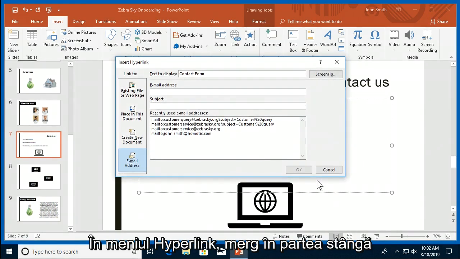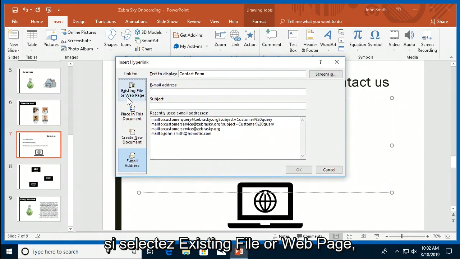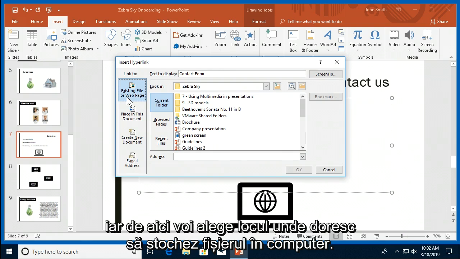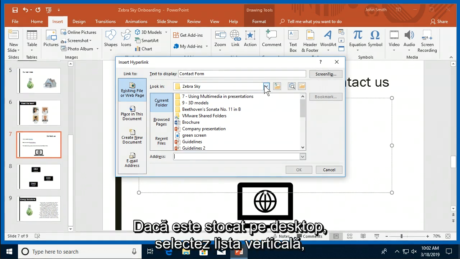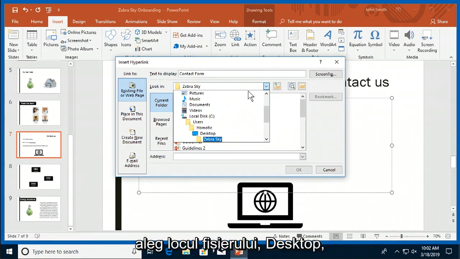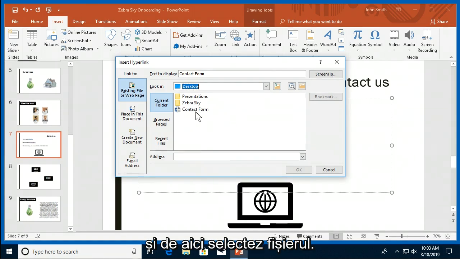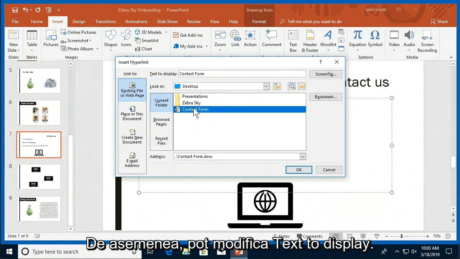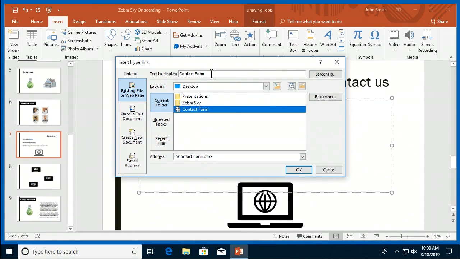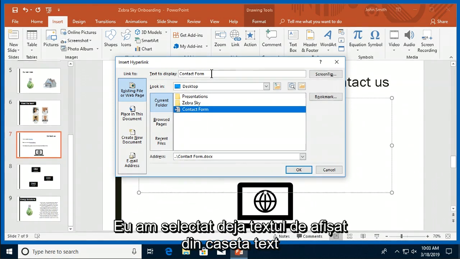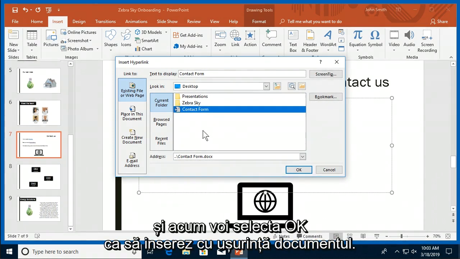From the Hyperlink menu, I'm going to go to the left-hand side and choose Existing File or Web Page, and from here I'm going to choose a location of the file on my computer. For example, if it's stored on my desktop, I'll need to select the drop-down menu and choose the file location, such as Desktop, and from here I can select my file, and I can also choose to modify the text to display. Since I've already selected the text to display within my text box, I can choose OK to quickly